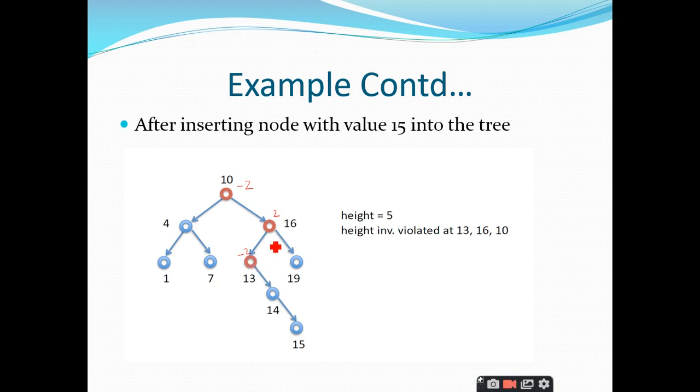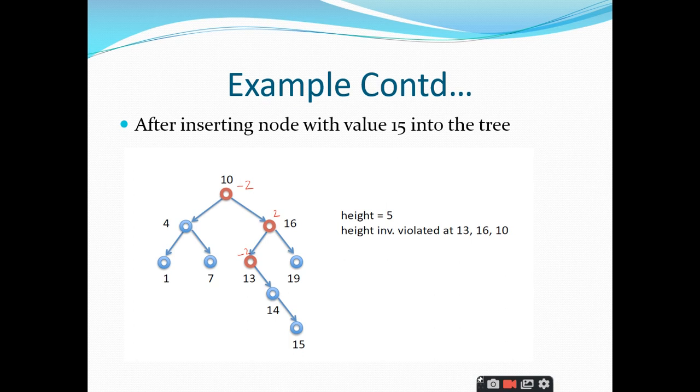So when we have nodes which are not in the range of -1, 0 and +1, we have to perform an operation called rotation. The rotation operations that are present in the AVL trees are used to rebalance the binary search trees. We are going to rebalance it. So if somebody asks you how do you rebalance an AVL tree, we are going to rebalance it by making use of various rotation operations. Is it clear?